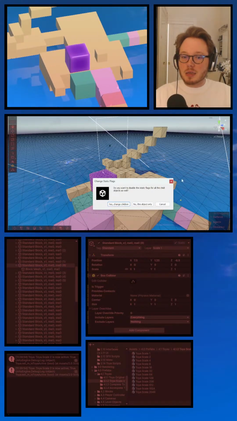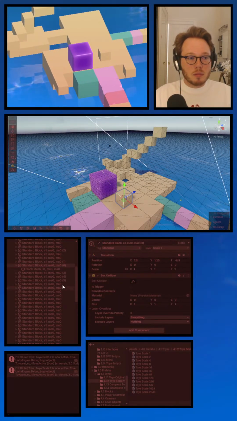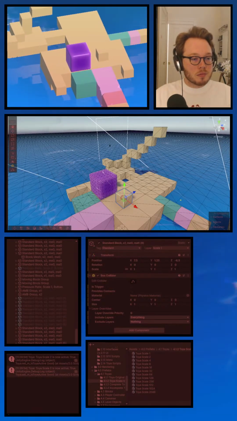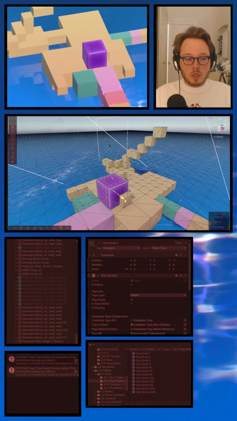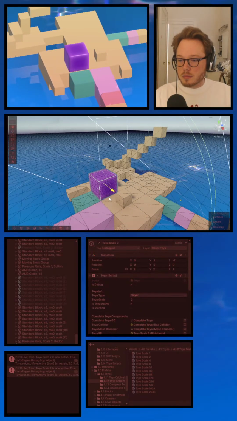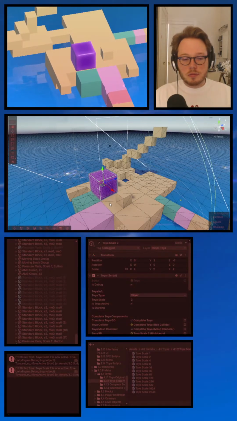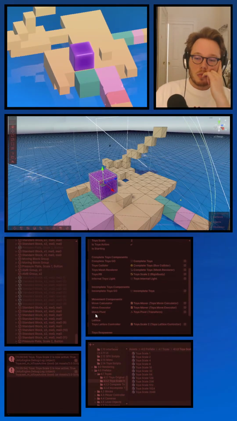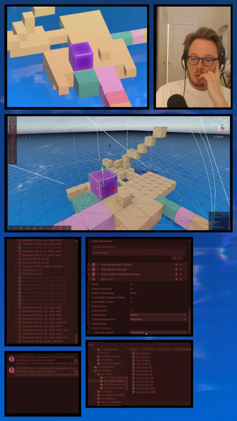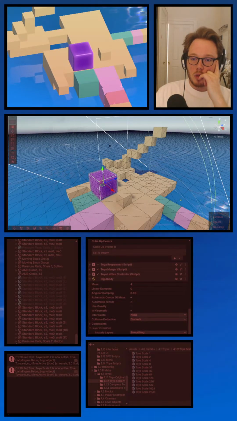Is it because it's static, maybe? Sometimes collisions are just the funkiest thing. Yeah, include everything. Include nothing.